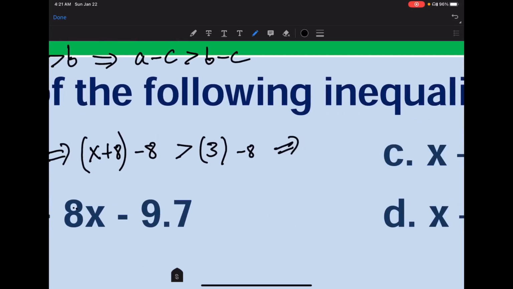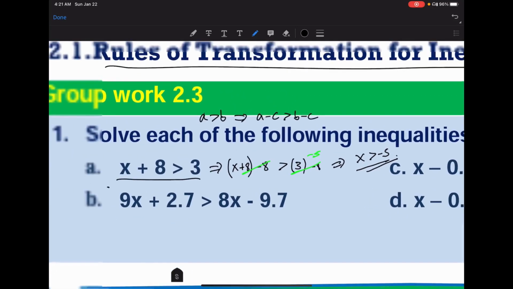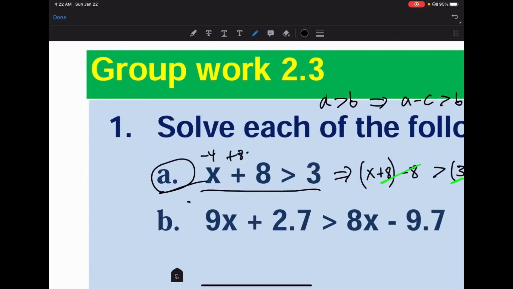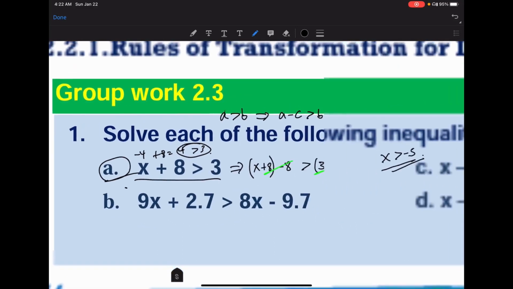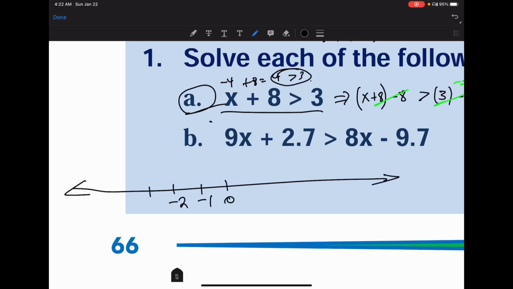Okay, c ያችን 8 ሆነች ማለት ነው። This implies እንግዲህ 8 and 8 ካንሰል ማድረግ ይቻላል፣ ከዛ 3 ሲቀነስ 8 ደግሞ ኔጌቲቭ 5 ነው። ለዛ x is greater than ኔጌቲቭ 5 ብለን እናስቀምጣለን። Any number that is greater than ኔጌቲቭ 5 will satisfy this equation ማለት ነው። ለምሳሌ ኔጌቲቭ 4 ን ብንወስድ፣ ኔጌቲቭ 4 ሲደመር 8 ስንት ነው? 4 ነው፣ 4 ከ3 ይበልጣል፣ እውነት ነው። Any number that is greater than negative 5